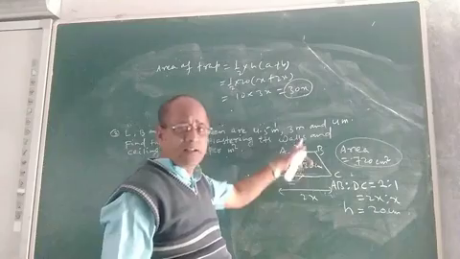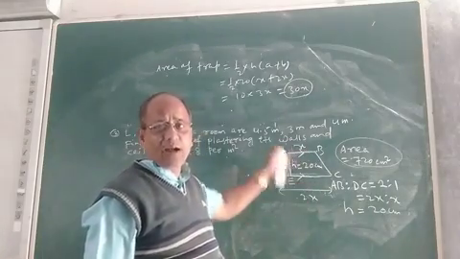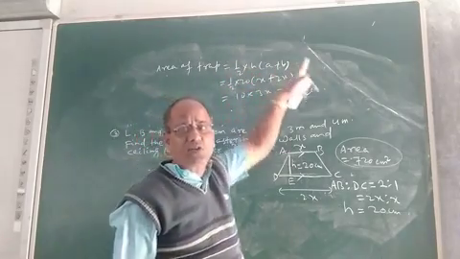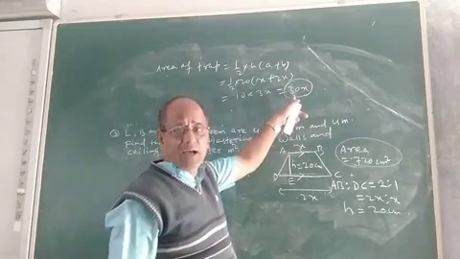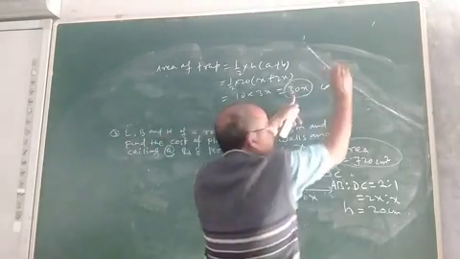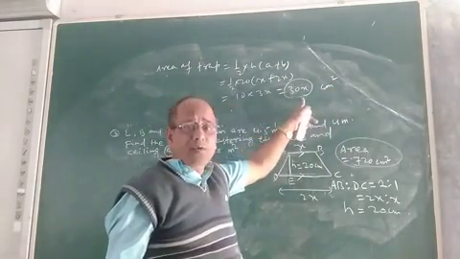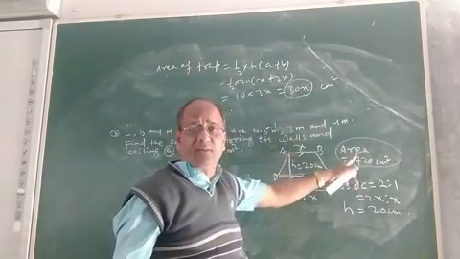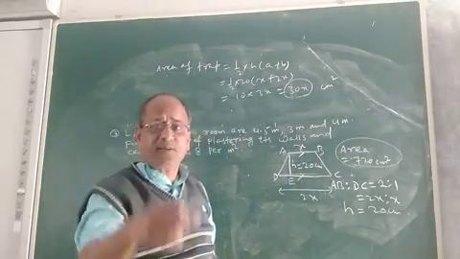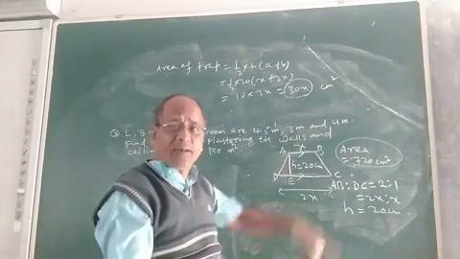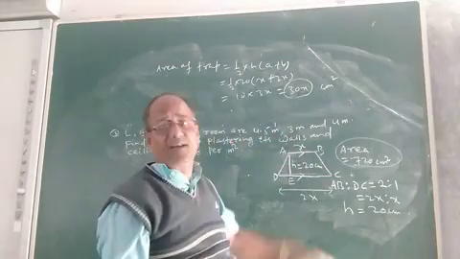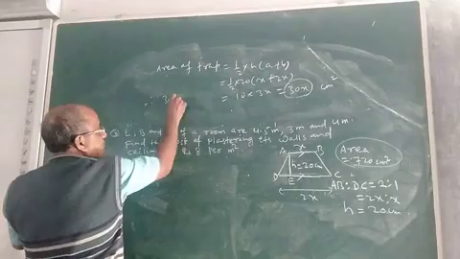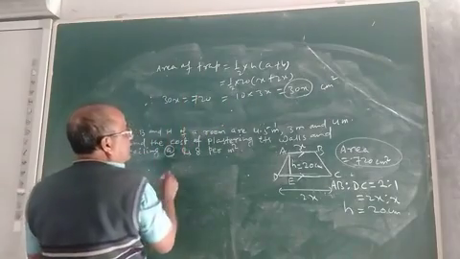By taking the two parallel sides as x and 2x and applying the formula for the area of a trapezium, that is half h into (a plus b), or half h into the sum of the parallel sides, we got the area 30x square centimeter. But we are given the area 720. So definitely 30x will be equal to 720. This will be the equation. If you solve the equation, you will get the value of x, and only then will you be able to find the lengths of the two parallel sides. So 30x equals 720 according to the question.